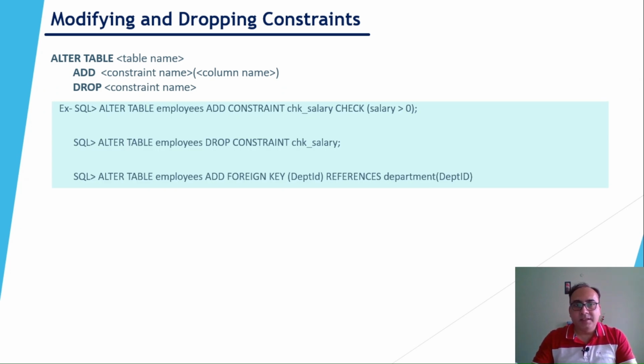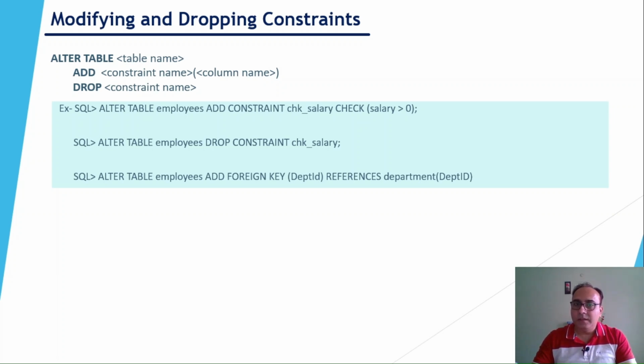Alter table employees, add constraint. So we are adding a constraint. Here the constraint name is chk_salary, and we are putting a check constraint where salary should be greater than 0. Next we have alter table employees, drop constraint chk_salary. So here we are dropping constraint chk_salary. Then lastly we have alter table employees, add foreign key dept_ID references department dept_ID. So here we are making column department ID a foreign key, and it references department